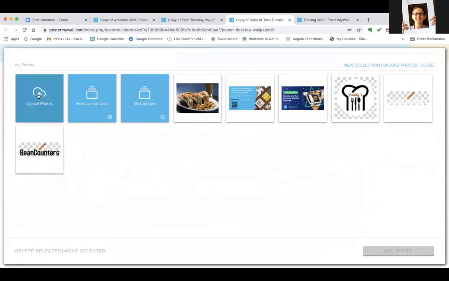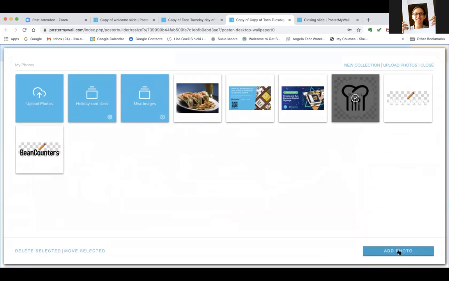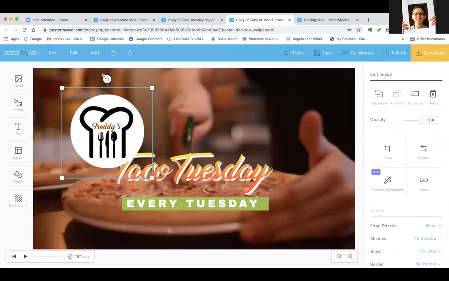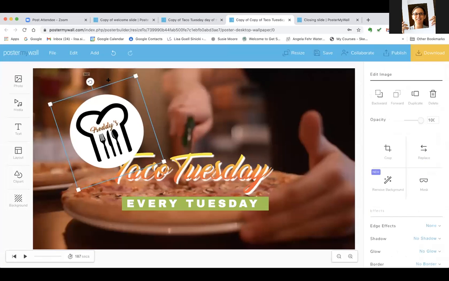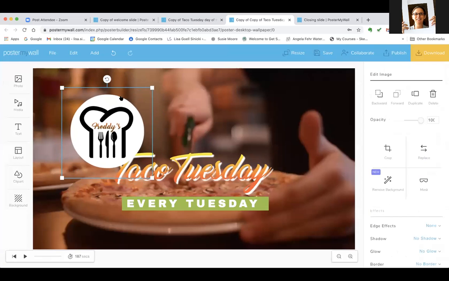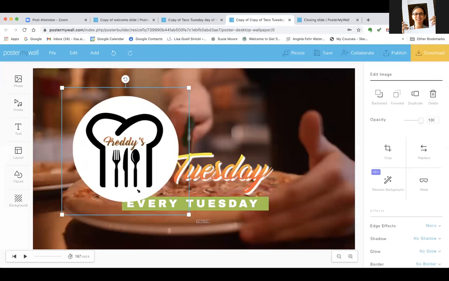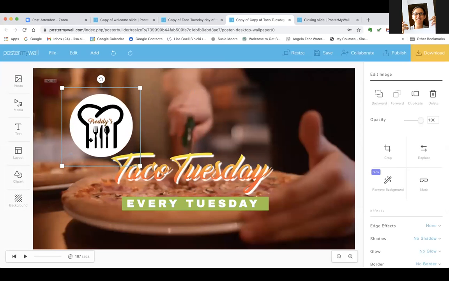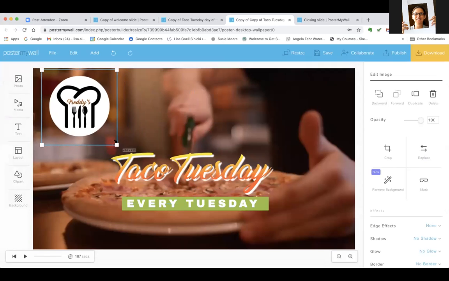If I click over here on the left to upload photos, I can take a photo off my desktop, or an image, or a logo, or any kind of file. I've already uploaded this before, so you can see it stores your images, and you click Add Photo, and there I've got my logo. And now I can rotate it, and I can use the handles and just drag and resize, get whatever size and position I want. So I'm going to add my logo up here,